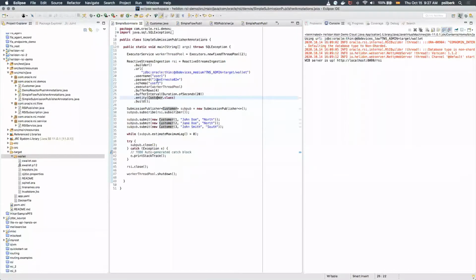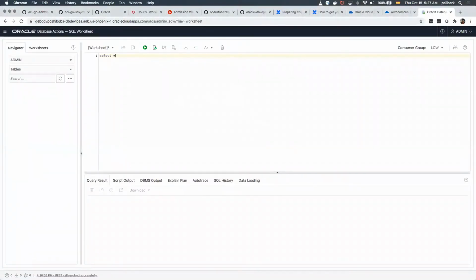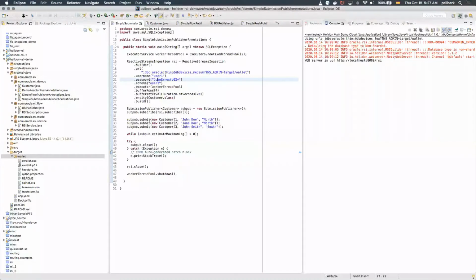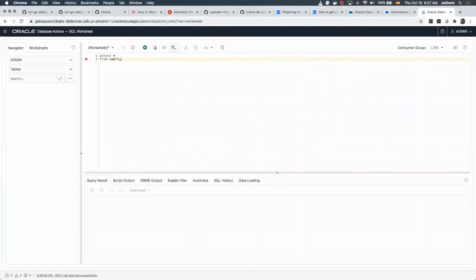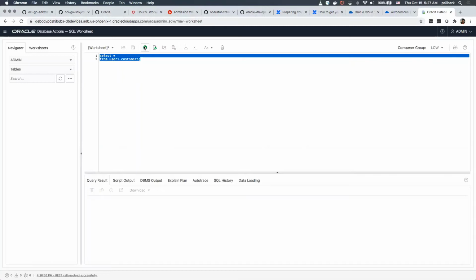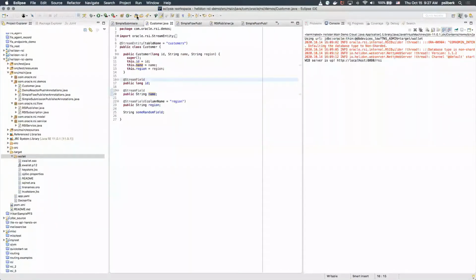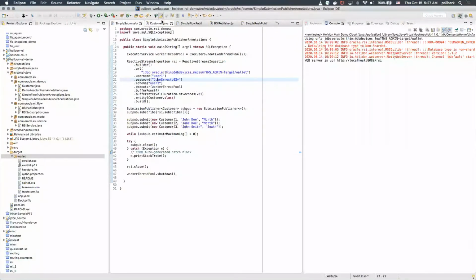This is user 1. And the table, again, the table we see is customers. So there are no records. So we are going to execute this simple submission publisher.